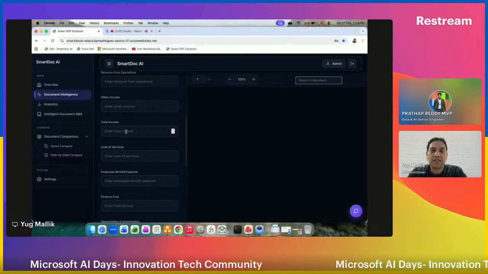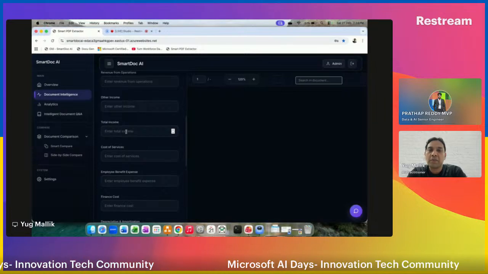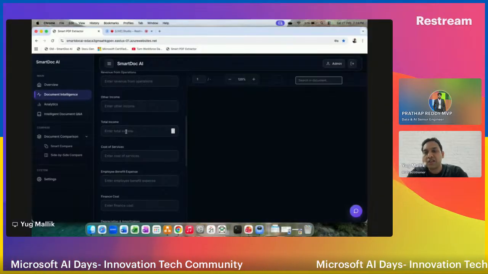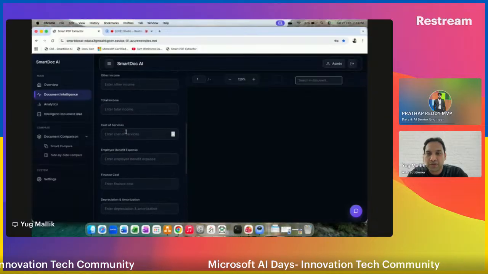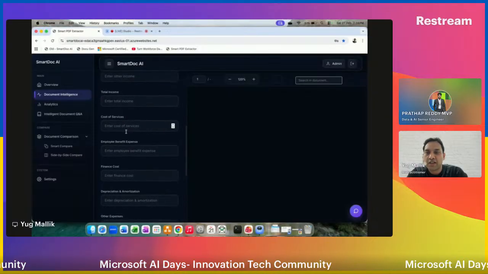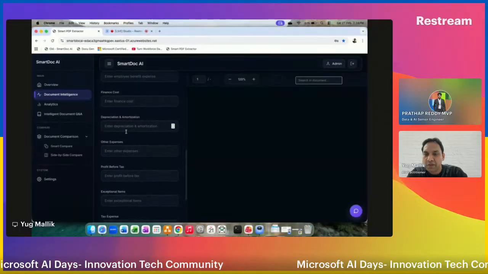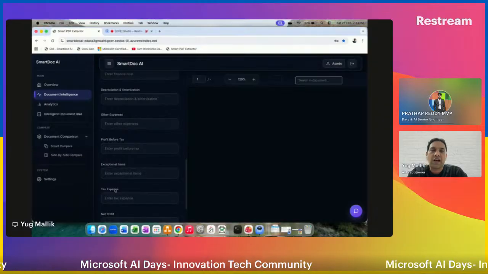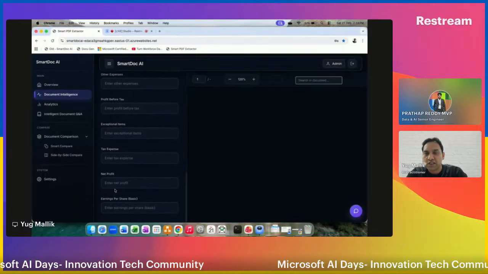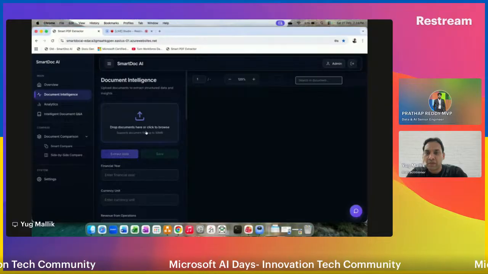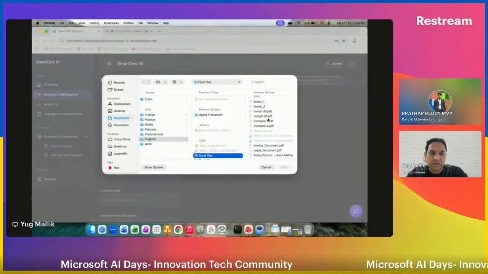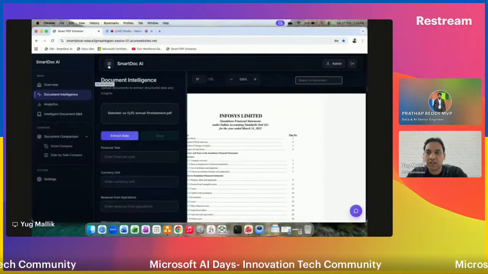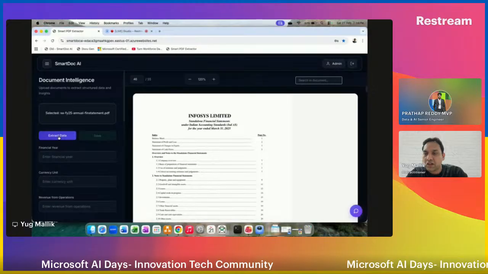When I say finance, it is pertaining to a company publishing the financial statement at the end of the year, which will definitely have all this information or content in that document. So we need maybe 8, 10 details to take action further, whatever you see here. Now, let me upload that document here. All right. And I will click on extract.